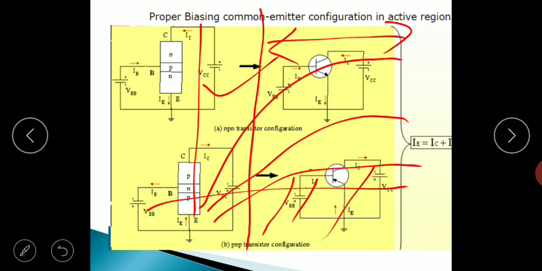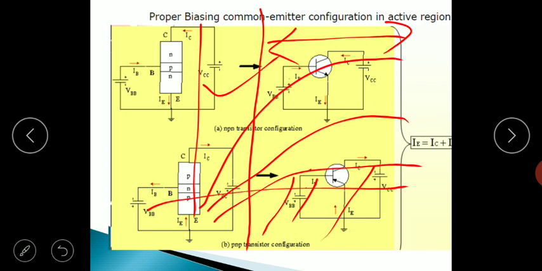So when we want to use a transistor as an amplifier, we have to operate transistor always in this active region of the transistor. And for the next second application which you are going to study here, that is when you want to use transistor as a switch, then you have to operate alternately the transistor in cutoff region and saturation region, so that you can use it as on-off switch.